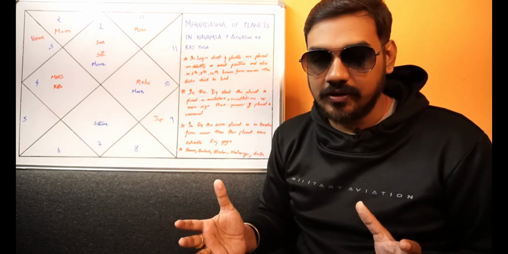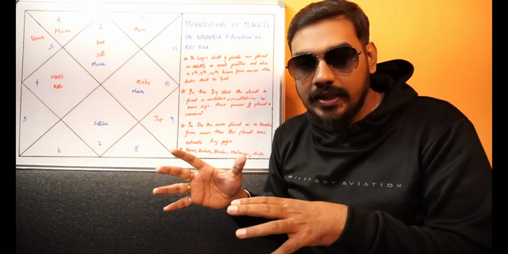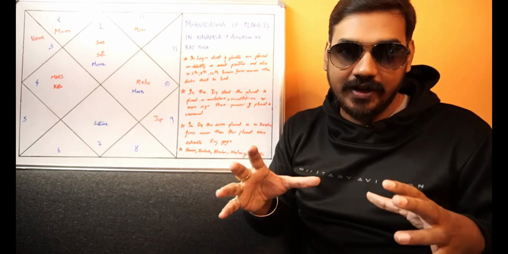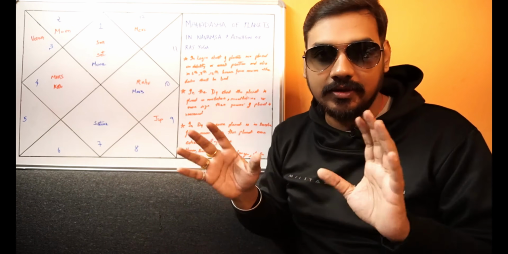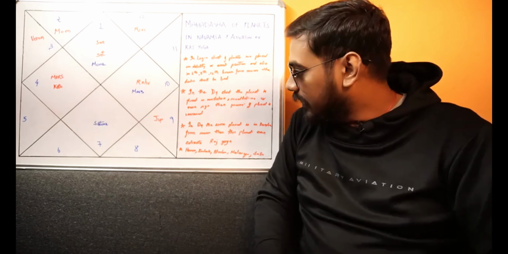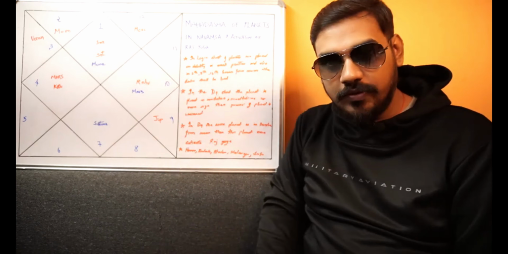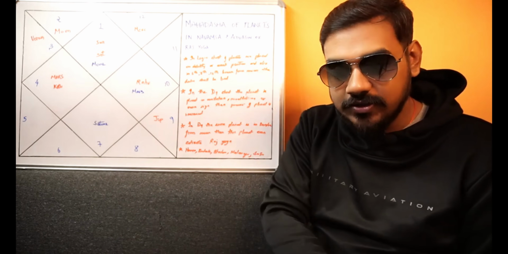So this is the experience that you will be getting, because moon is the emotional experiencer of the movie called life. Alright. So planets in 6th, 8th and 12th in the moon chart is more afflicting than the planets in 6th, 8th and 12th in the Lagna chart. Alright. But now that is not the point we are talking about. We are talking about activation of Raj Yogas in the D9 chart.